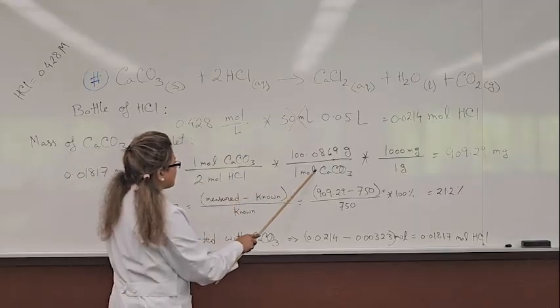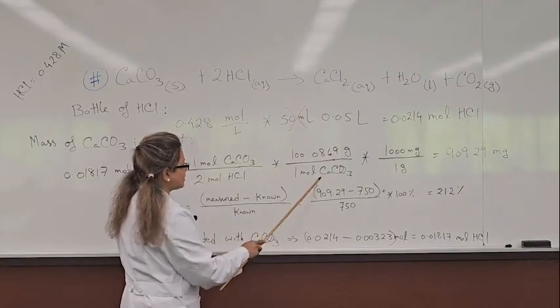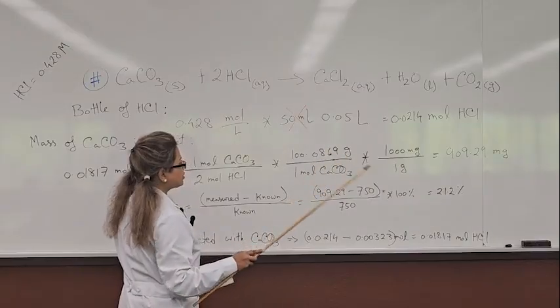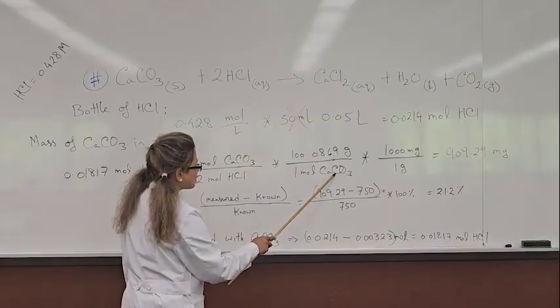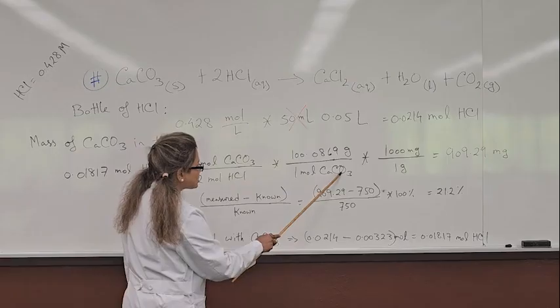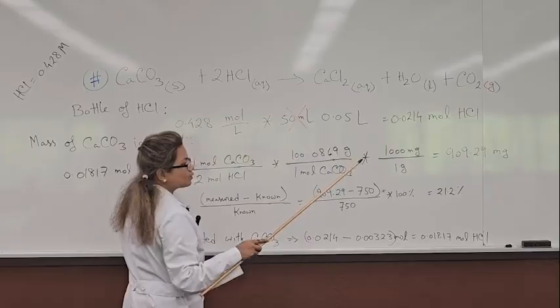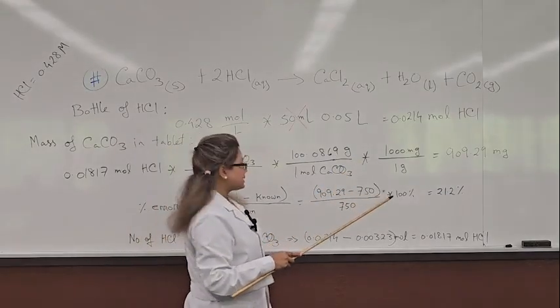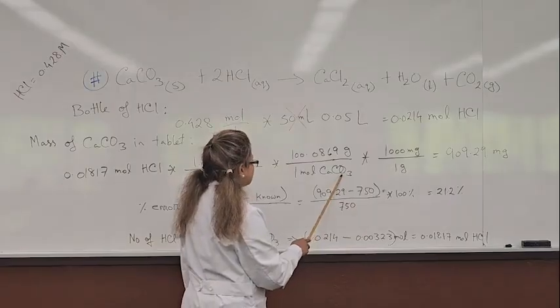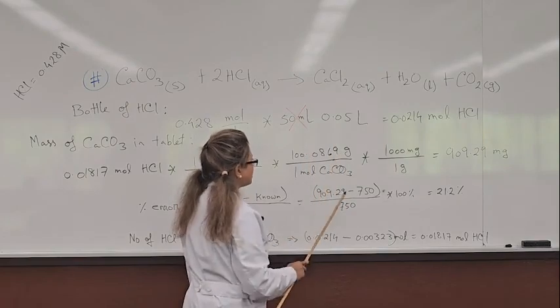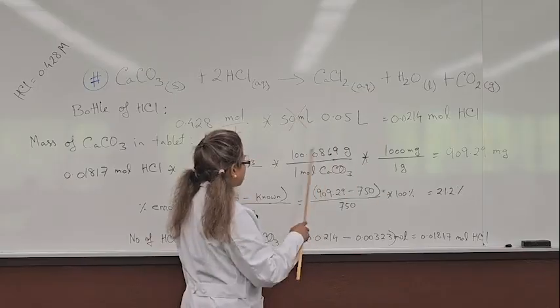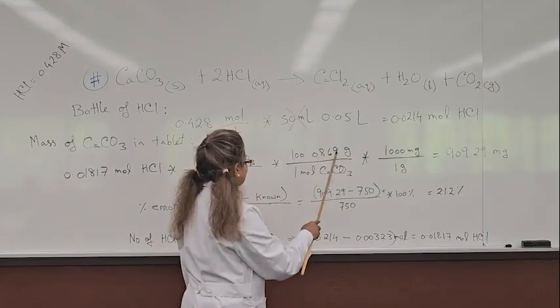So that's why I use my periodic table. You will go to the periodic table, you get the mass for calcium, the mass of carbon, and the mass of oxygen, but oxygen has 3 atoms, right? So 3 times 15.99, which is the mass of oxygen on the periodic table. You multiply that, add it up, and you will get 100.0869 gram per mole. This is the molar mass of calcium carbonate.